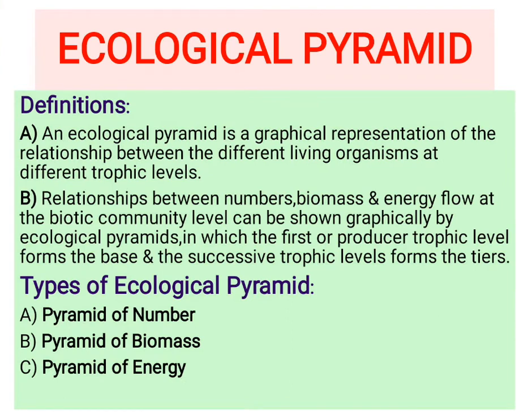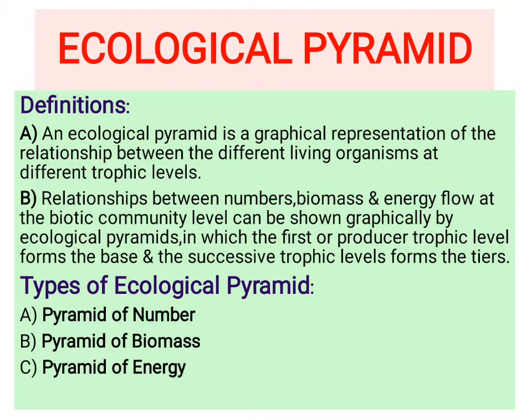Here I have mentioned a few definitions of ecological pyramid. Number A. An ecological pyramid is a graphical representation of the relationship between the different living organisms at different trophic levels. Number B. Relationship between numbers, biomass and energy flow at the biotic community level can be shown graphically by